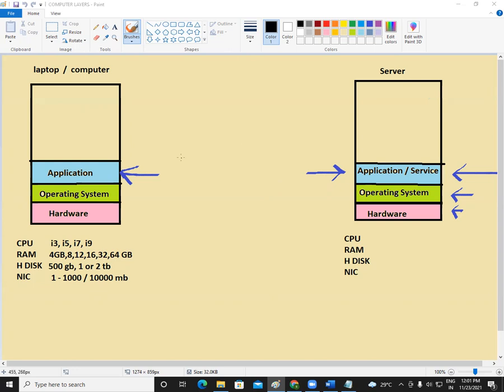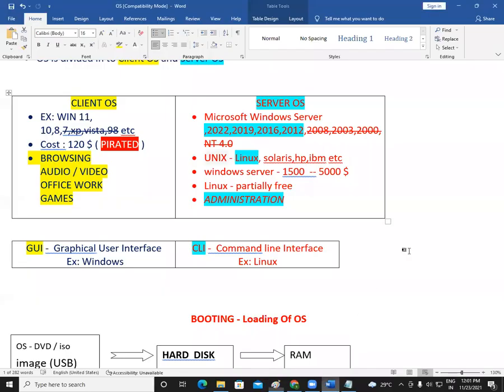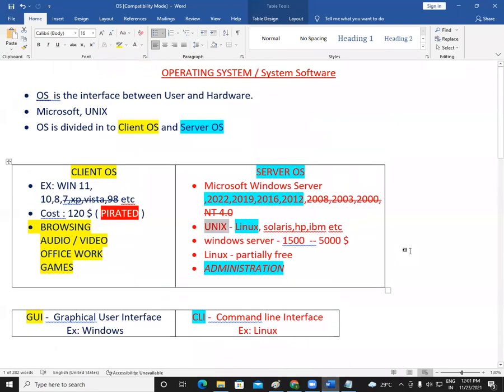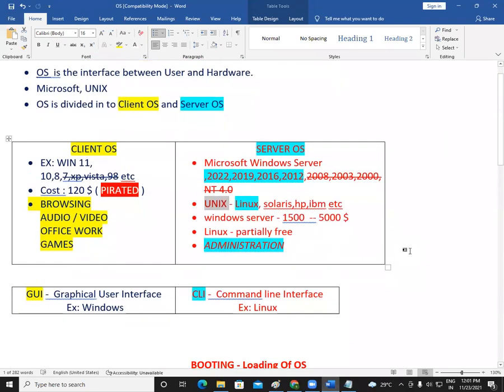Okay, fine. So see here again, hardware, operating system, application. What is application? What is services? All these things we will see in coming classes. But as of now, let us concentrate more on our operating system. So we know the types, we know what is the use of operating system, and we know the versions of operating systems. We have covered all the major things here. Now let us see how to install the operating system.